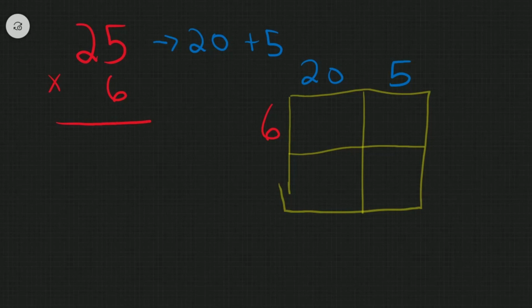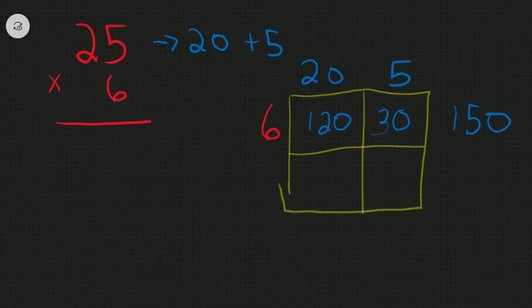So, how do we solve this? Well, the first thing that we're going to do is, what is 20 times 6? We're going to work on doing these ones first. 20 times 6 is 120. Again, I use my handy-dandy life hack. I know what 6 times 2 is, and I add a 0. 6 times 2 is 12. Add a 0. Next, 6 times 5 is 30. Now all I do is I add these up. 120 plus 30 is